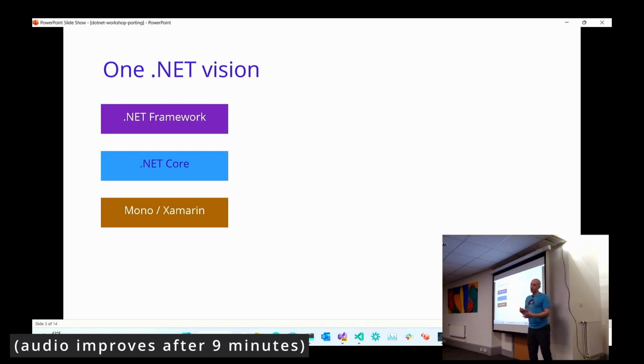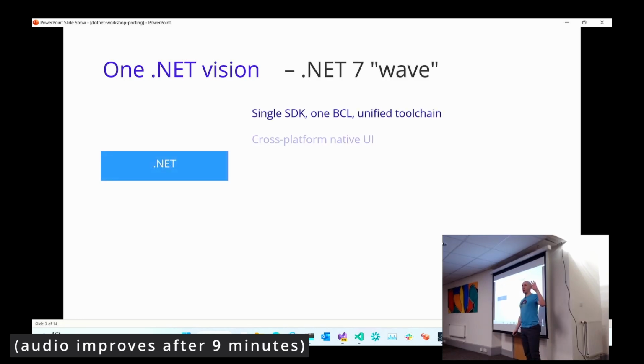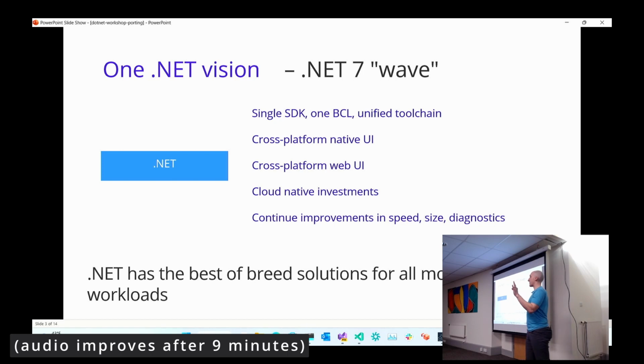About 5 or 6 years ago, actually it's probably about 10 years ago now, Microsoft saw all of the traction that was happening with the Mono project, with the Mono Runtime, and said, hey, we should probably take the best of .NET Framework and actually start to build our own cross-platform version of .NET, and that was called .NET Core. And at one point in time, like I mentioned, after the acquisition of Xamarin, Microsoft had 3 .NETs that they had to manage, right?